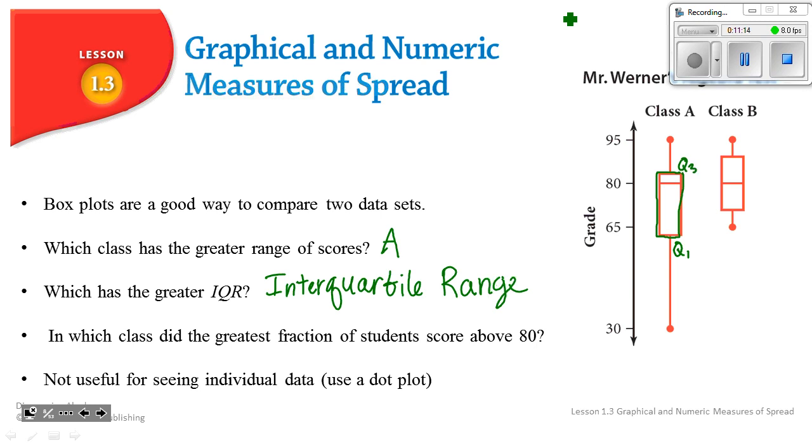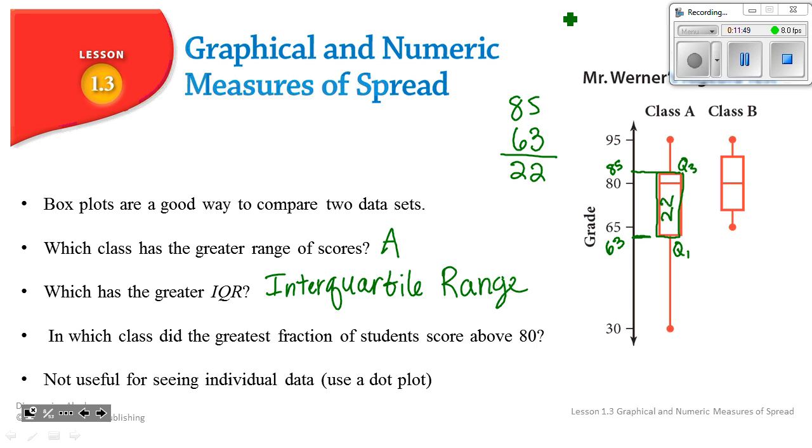So what is my range of Q1 to Q3? Well, if I do the best I can with my range here, it looks like this is going to be at about maybe 63. And it looks like Q3 maybe is at somewhere around, let's see, it looks like maybe 85. I'm probably a little off with those values. So I have an interquartile range of 63 to 85. So if I subtract those to find my range, I'm going to find an interquartile range for Class A of